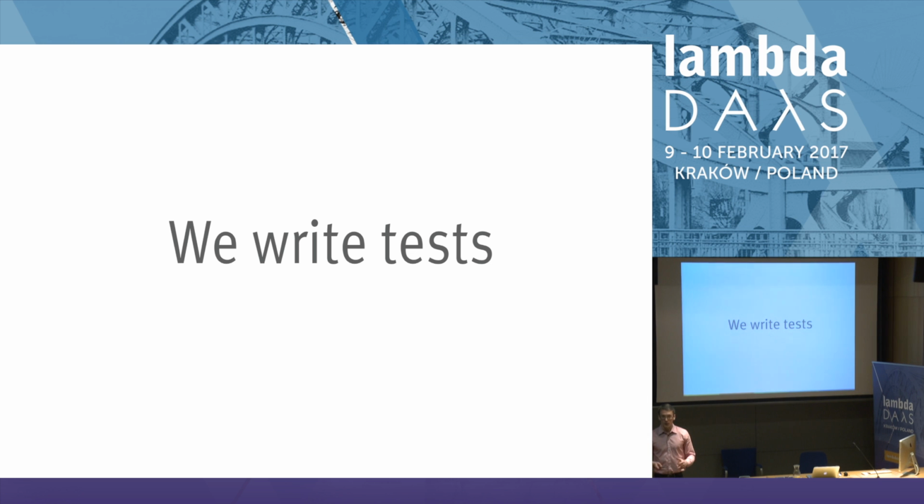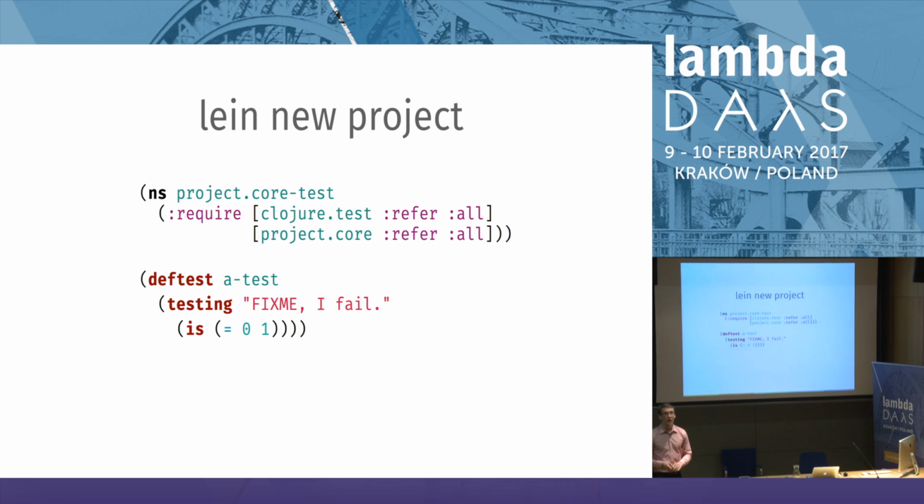In the Clojure world, which I intend to focus on today, we typically start with an empty skeleton of a project, which by default comes with a single test, which is broken, and we have to fix it. This is a good starting point. We use testing, we write tests at a variety of levels. We write integration tests, unit tests, acceptance tests, user interface tests.